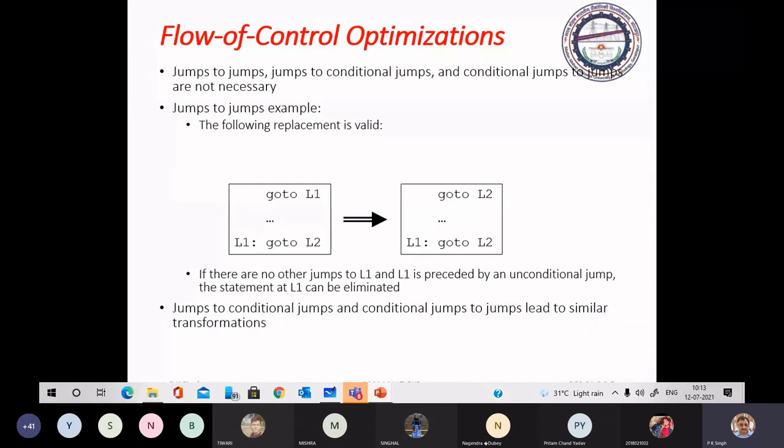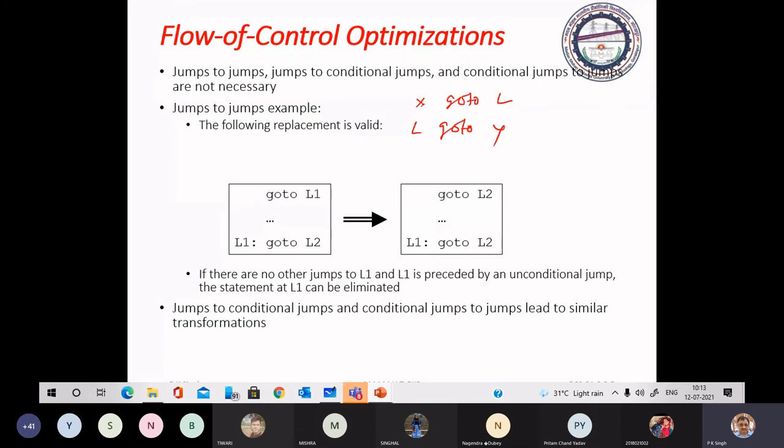Flow control: just see, if you have at X a go to L, and at L you have a go to Y. Okay.